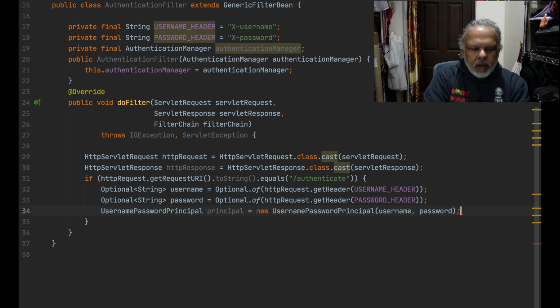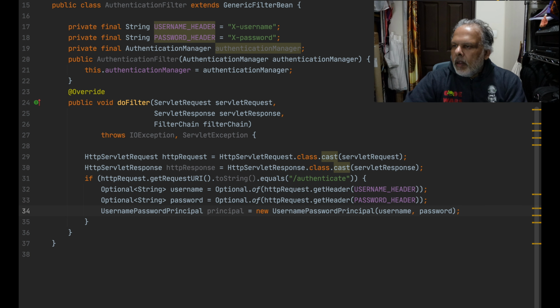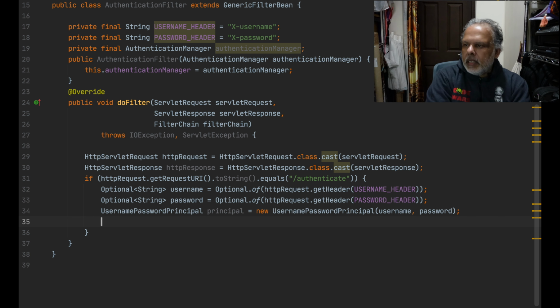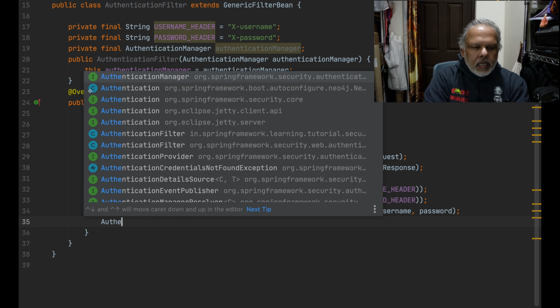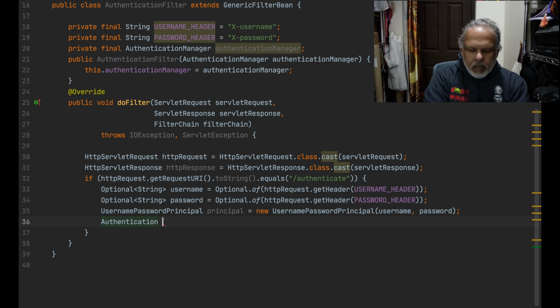So we pass them along, and once we have this, then we basically just ask Spring to authenticate, and the process to ask for that authentication is we create an authentication object